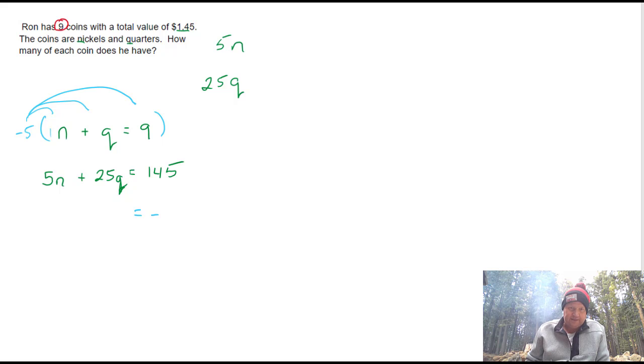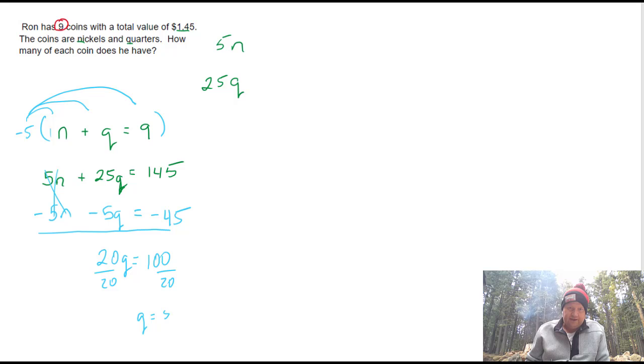So on the right side is going to be a -45. Here's a -5Q, and that's a -5N. And you can see that those are going to turn to zeros, and that's going to be 20Q equals 100, and when I divide by 20,